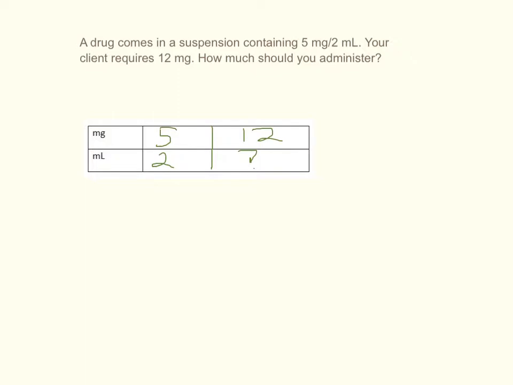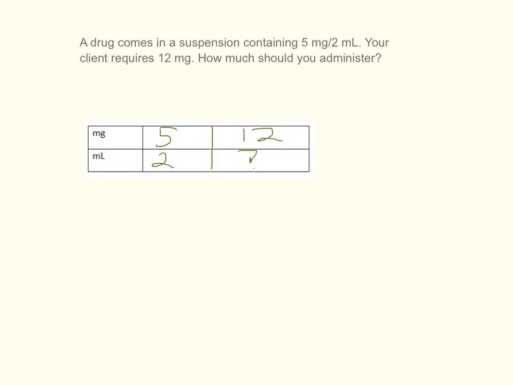Using my common sense and looking for reasonableness, 12 is a little bit more than 2 times bigger than 5. So this 12 that I'm looking for, 2 times 5 would give me 10 milligrams, so if I poured out 4 milliliters, I'd get 10 milligrams, so I'm going to need a little bit more than 4 milliliters. 3 times 5 would give me 15, 3 times 2 would give me 6, so I'm looking for something between 4 and 6 milliliters